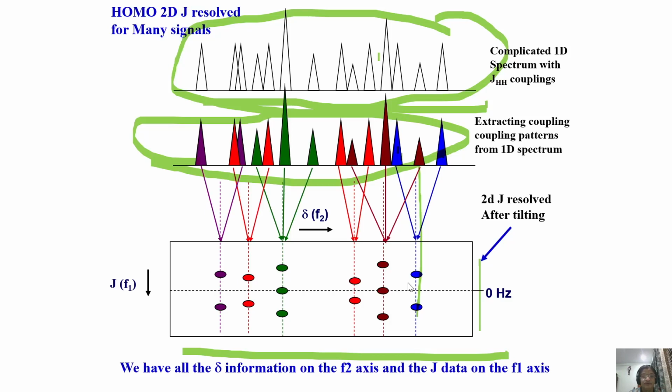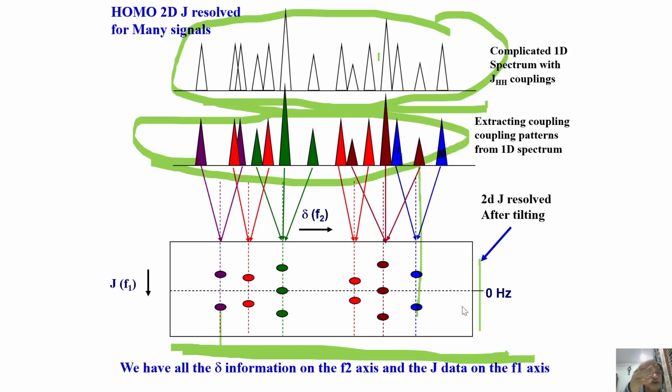One interesting thing you must see: when I take the 45-degree tilted spectrum, you are getting only chemical shift here. What does it mean? In the normal spectrum, this would have been a doublet and this would have been a triplet. In fact, if you take the 45-degree tilted J-resolved spectrum, it is as good as saying that in this dimension you have done broadband proton decoupling. It is analogous to decoupling one proton from all the other protons. All the coupled partners are completely removed of their couplings. So what are you going to see? Only singlet peaks.